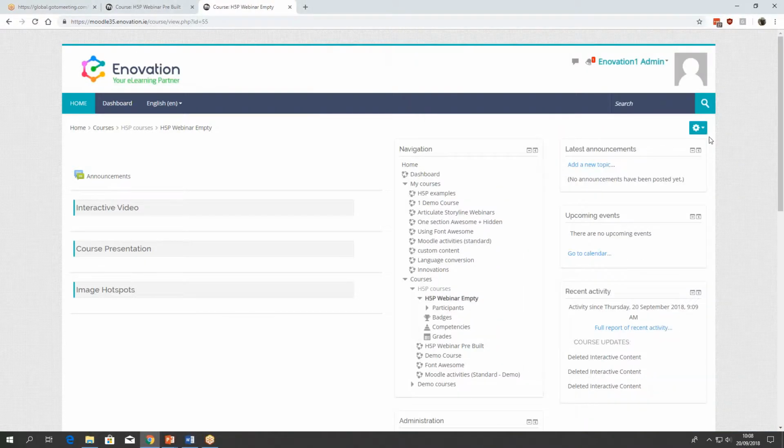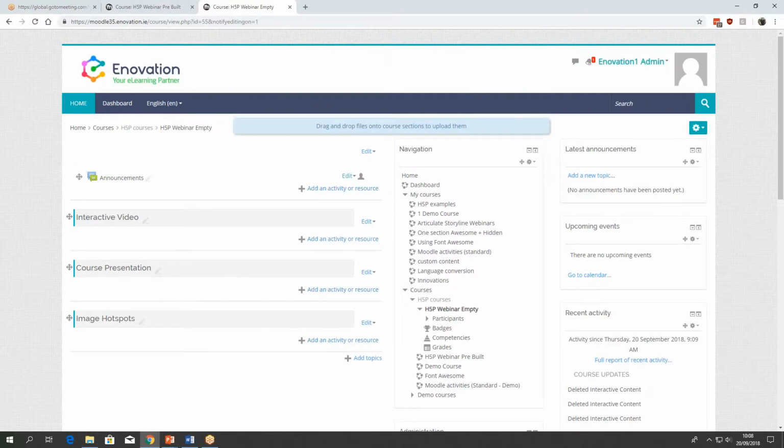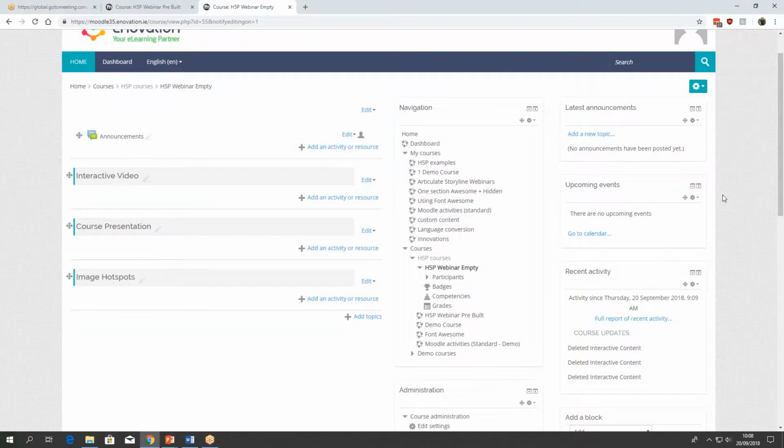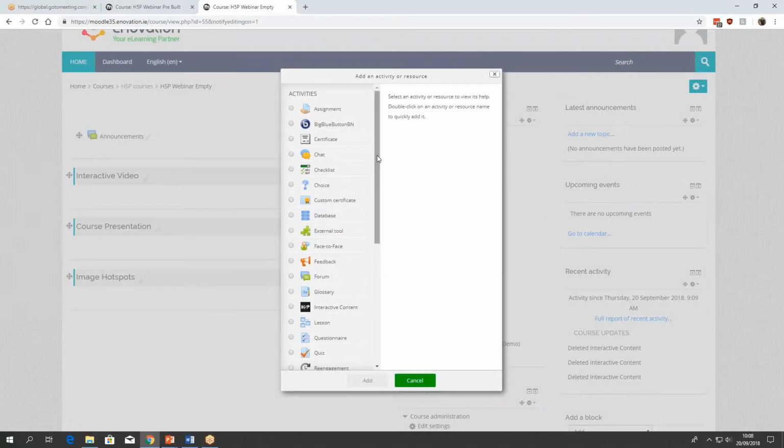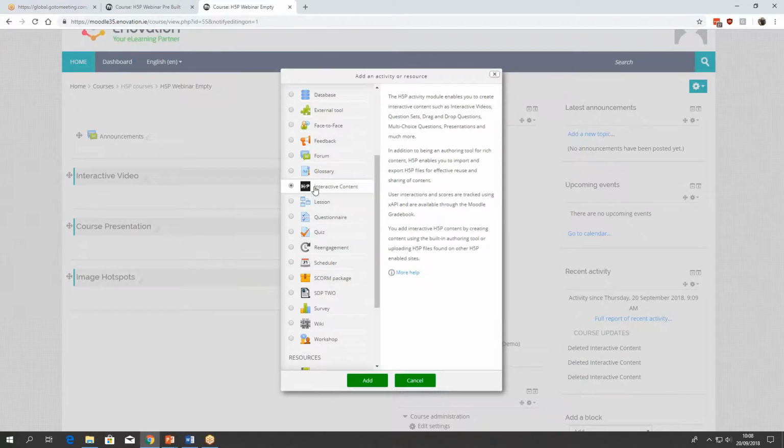Okay, so first thing I'm going to do is go to my LMS and turn editing on. And when you're adding H5P interaction types, they're exactly like any other interaction type, with the exception that they're built right in the browser. So unlike, say, a SCORM that you might build in e-learning software, with this you build directly in the browser. So I'm just going to click on Add an Interactivity or Resource, and when H5P is installed, you'll see it comes up here just as H5P interactive content, just like any other type of activity or resource. So I'm just going to click on Add there,